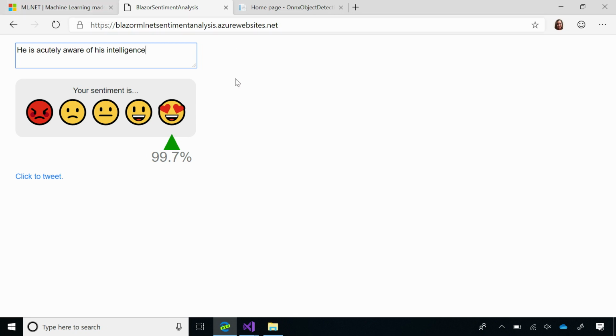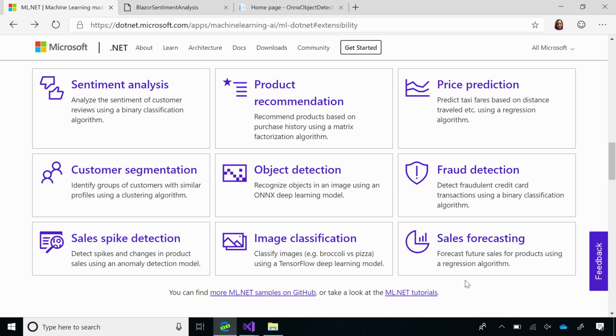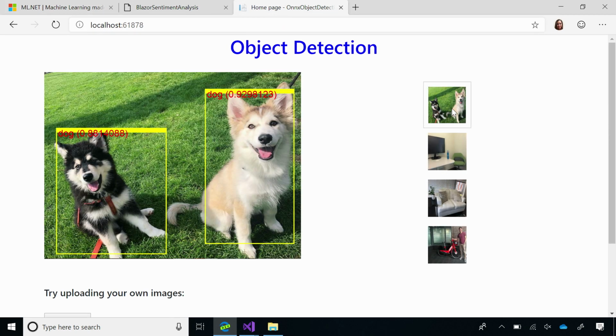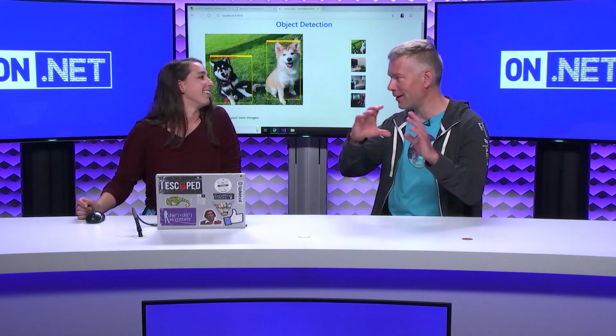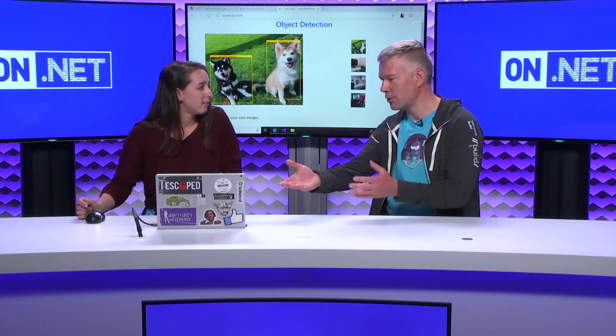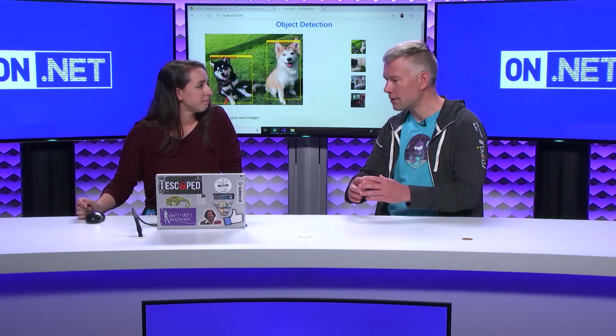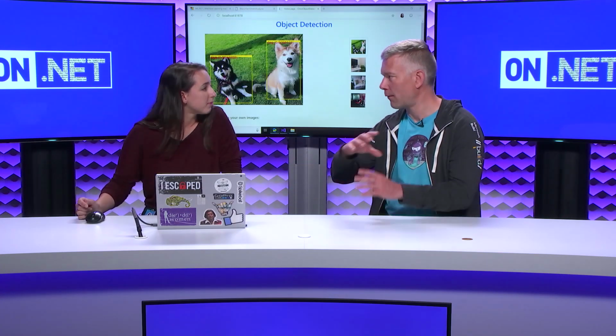Another really cool example that I like showing is object detection. This one's one of my favorite ones. So this is the bounding box scenario. I assume if you had a program with a photo collection that finds all the pictures of a particular person, they use something like this as the basis to figure out where the person is. Yeah, I'm pretty sure.